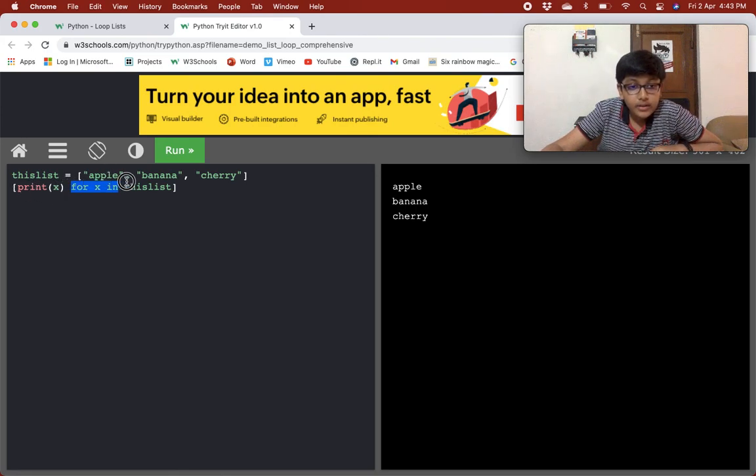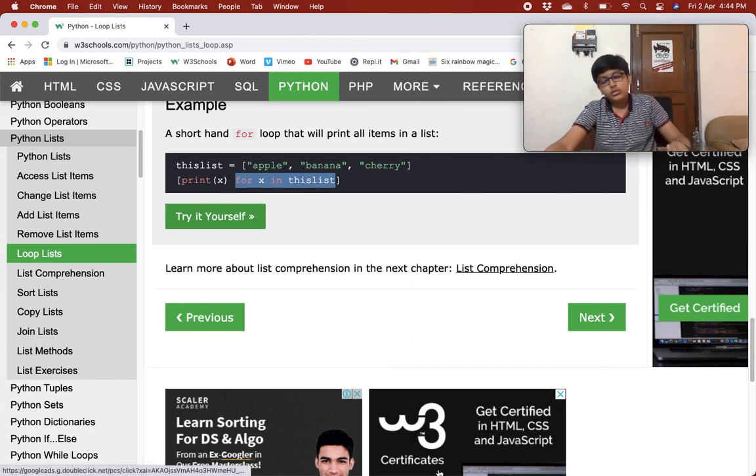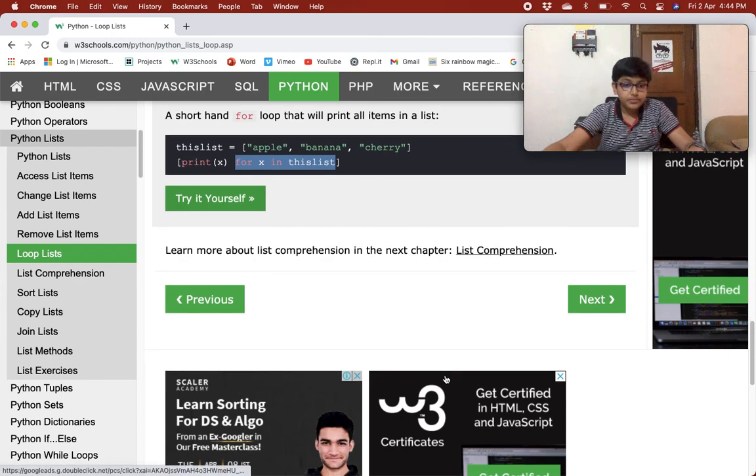Then it goes to for x in this list, and now the value is banana, so it prints banana. Then x value is cherry, so it prints cherry. So this is a very short, shorthand syntax for a loop that will print all items in a list. Okay, this is very short and very good.